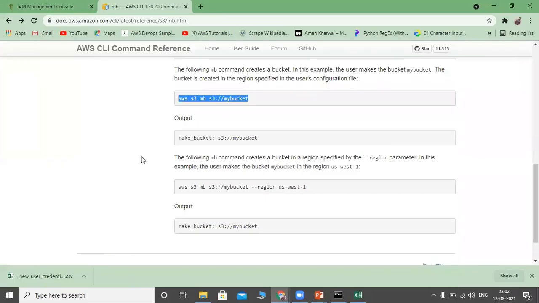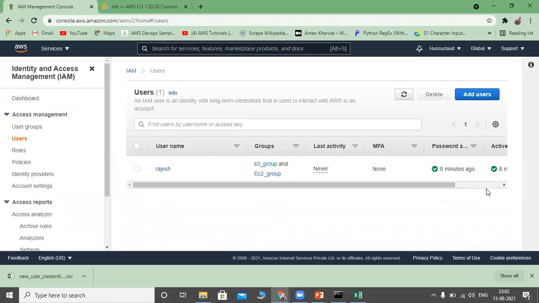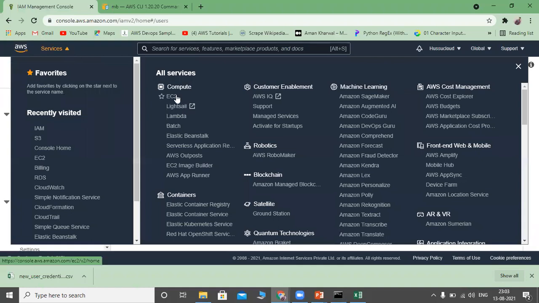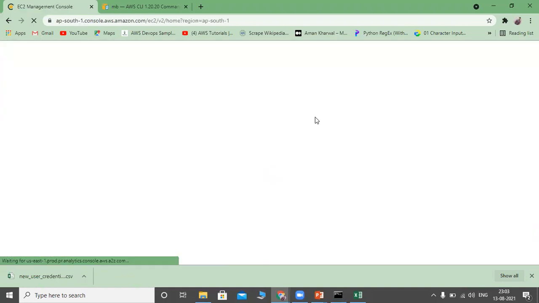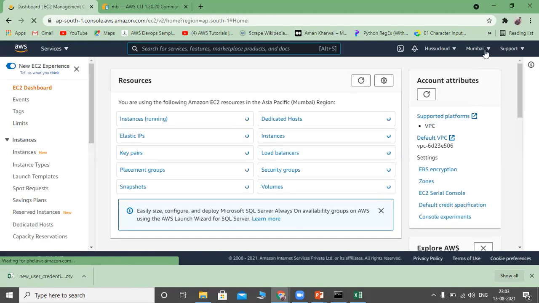And you can access this using Cloud Shell also. So there is a Cloud Shell option also. This Cloud Shell exists only in particular regions. Here one important point is identity access management is a global service. That's why here we are seeing global. If you go to the EC2 service, you can see it is region specific. So here I am seeing the Mumbai region. So in this region we can have Cloud Shell. See, this is the symbol for Cloud Shell. You can access that Cloud Shell.